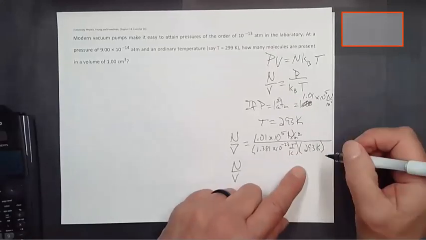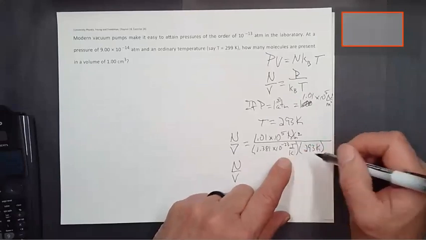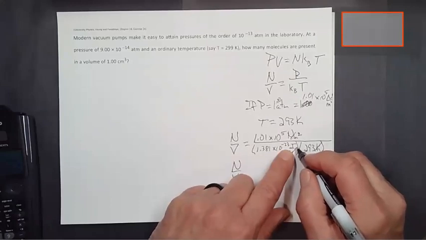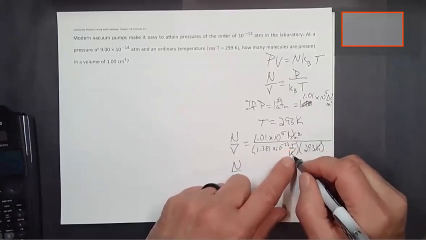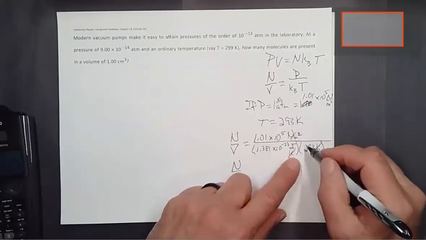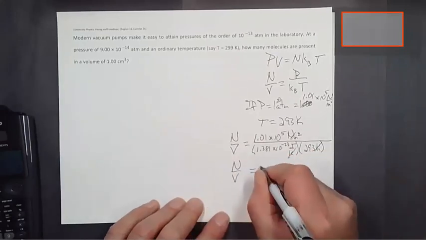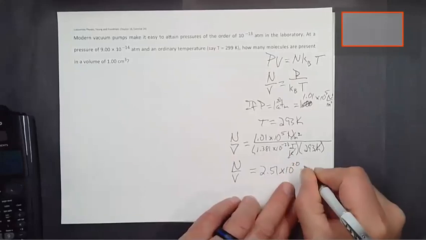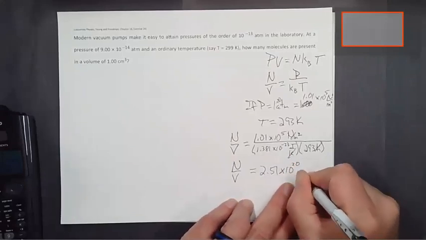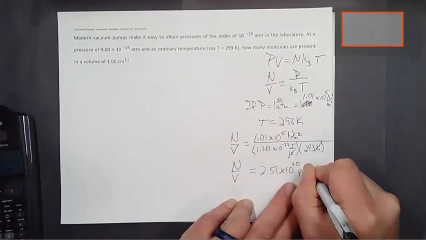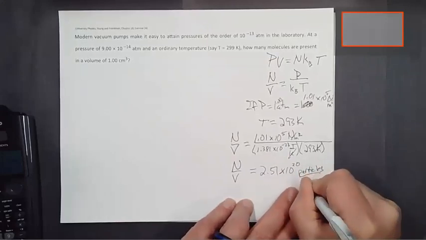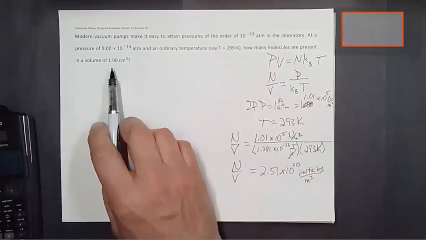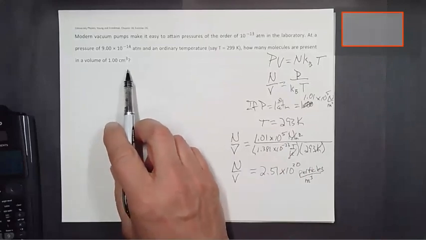Okay, unit-wise, the Kelvins will go away. A joule is a Newton meter. So Newton meter over 1, flip it and multiply, the newtons divide out, and I'll have per meter cubed. And I'll have 2.51 times 10 to the 20th per meter cubed, but it's actually particles per meter cubed. So that's a pretty good number,